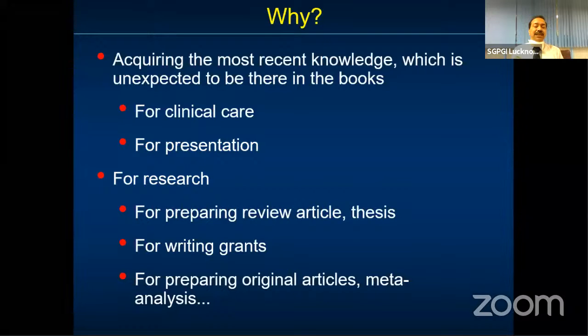That basically means that if you today get the most recent edition of the book, the knowledge is about 5 years old. Therefore, the most current knowledge is required not only by the researcher,